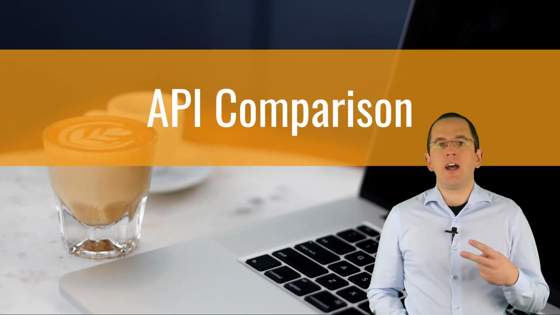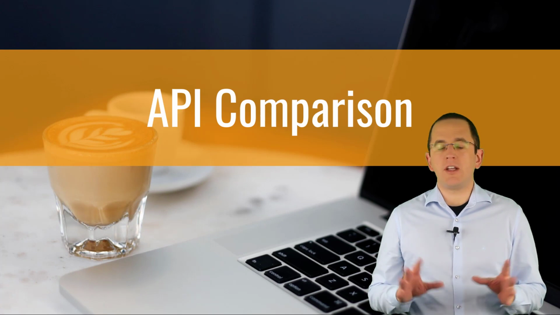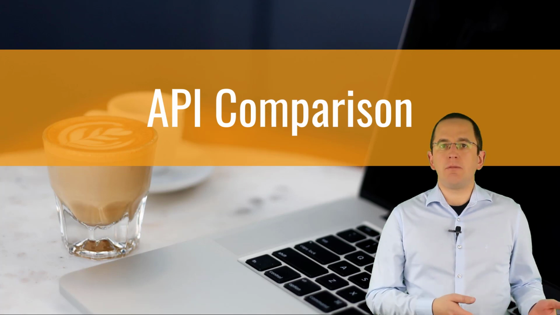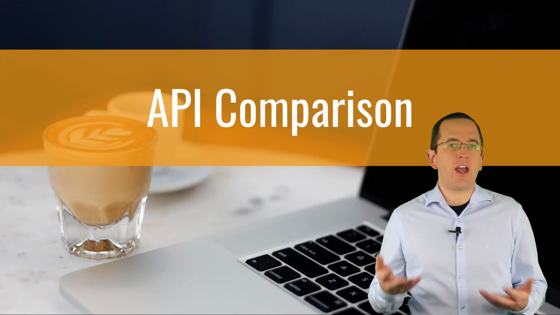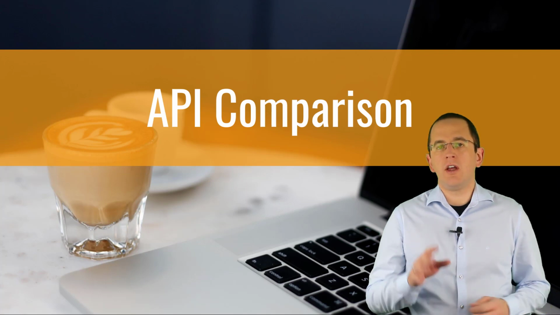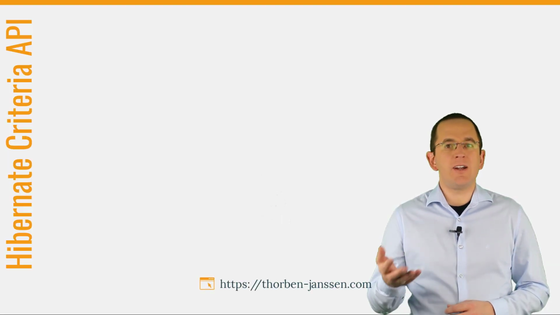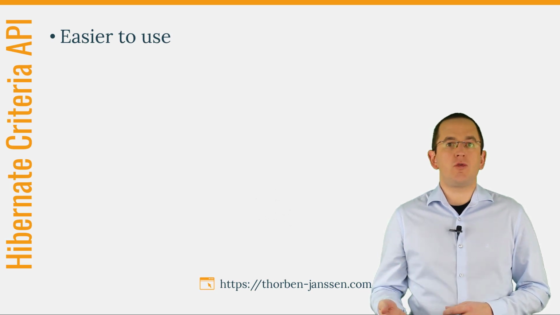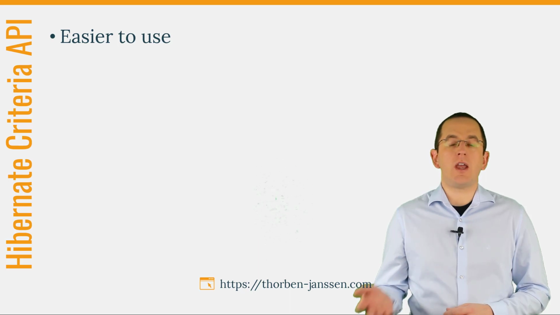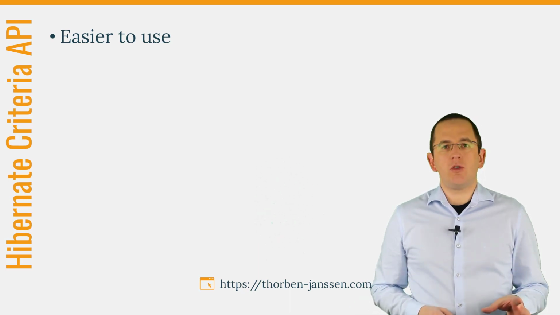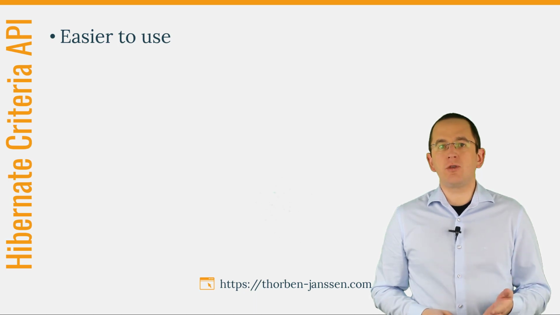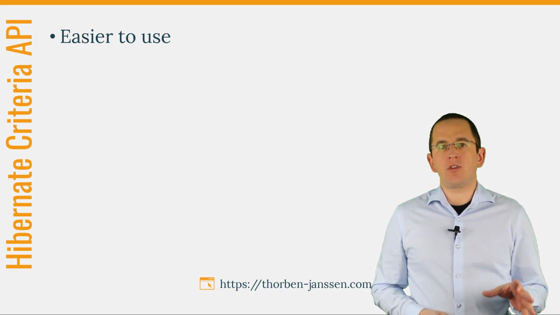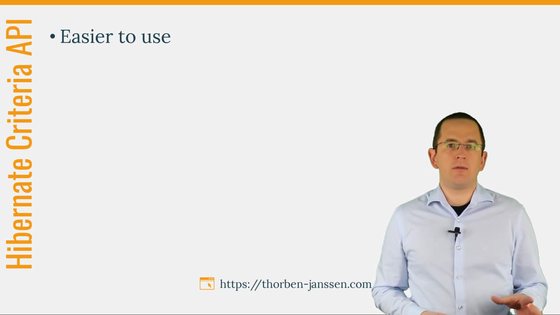The two Criteria APIs serve the same purpose, so it's no surprise that they are very similar. The names of the packages, interfaces, and methods obviously differ, but there are a few other differences you need to know. Hibernate's Criteria query is a little easier to define and execute. As you will see in the migration chapter, it uses a straightforward approach to create the different parts of the query and execute it. JPA's Criteria API, on the other hand, makes heavy use of the Criteria Builder interface to create the different parts of your query. Its verbosity often makes it a little hard to read.